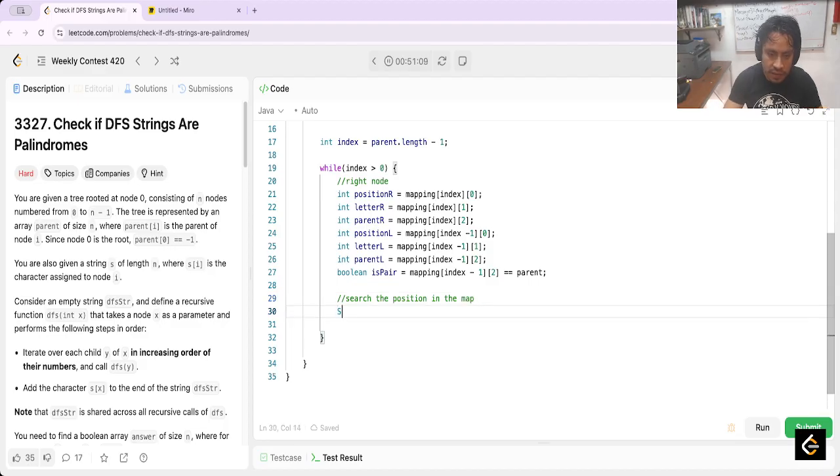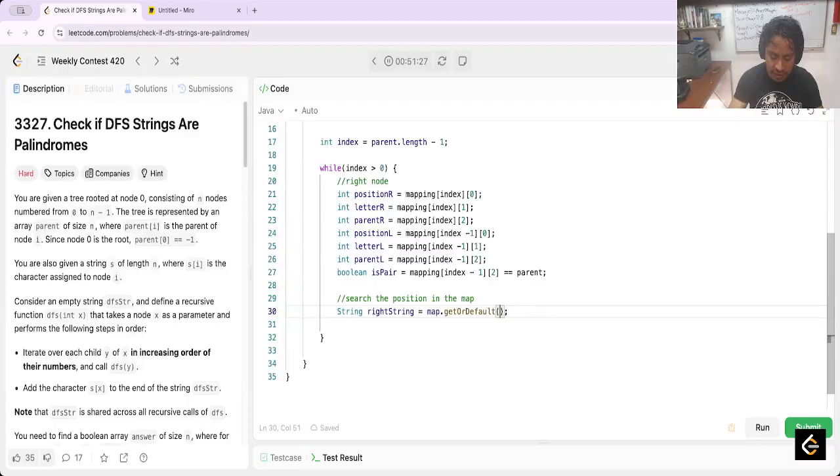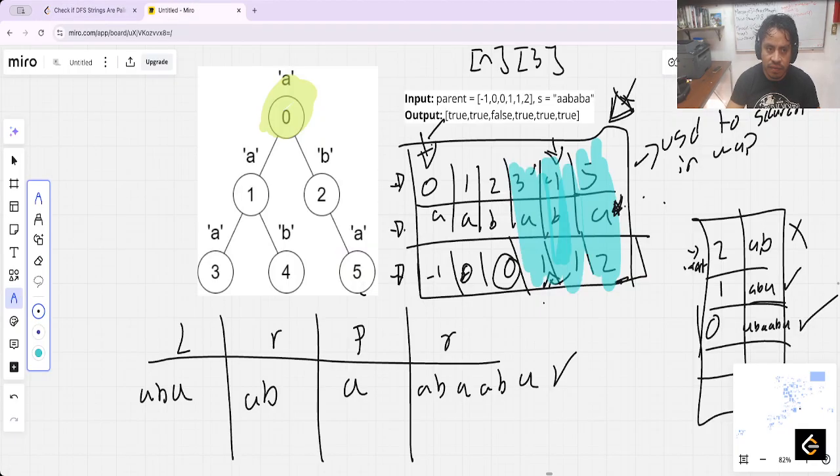Yeah, and for example, a string, right, string is equal to map dot getOrDefault, yeah, and in this case we need to search the position. Okay, position, no, it's index, and the default is this, and with the left,